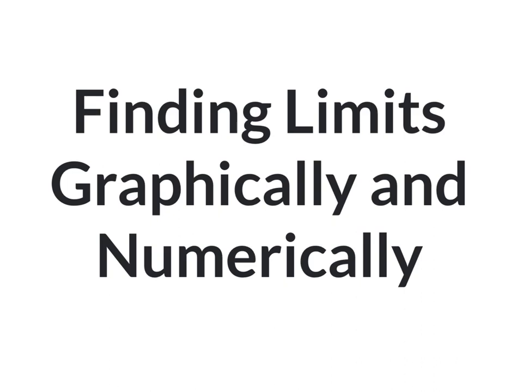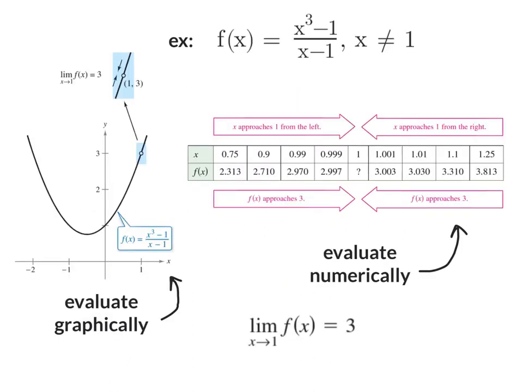In this video, we're going to talk about finding limits graphically and numerically. Let's start off with an example. Let's say I have this function, f of x, equal to (x cubed minus 1) over (x minus 1), and x obviously can't be 1 because that would make our denominator 0. We can't have that. So a limit comes in when I want to evaluate this function at x equals 1,